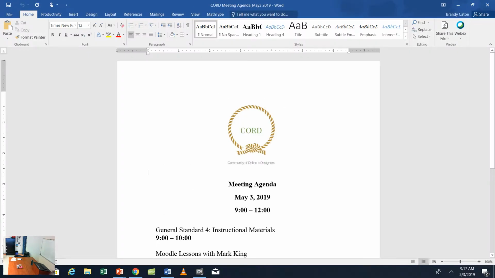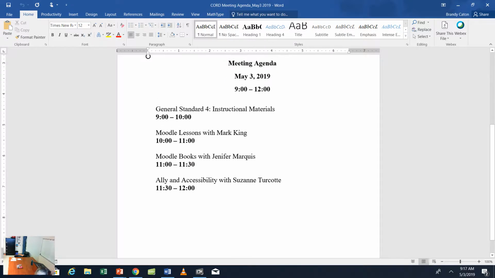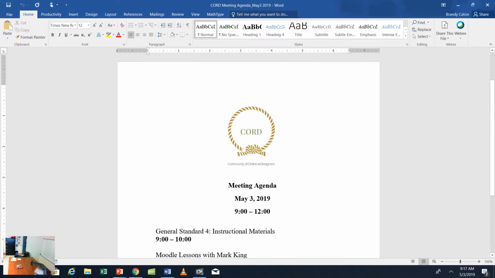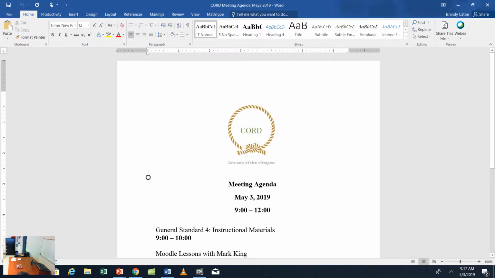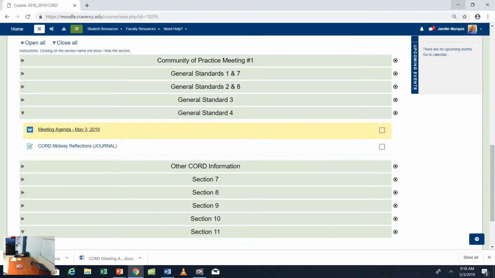Then I'm going to show you how to do Moodle books, which is another way you can present information rather than just a PowerPoint or something like that. And then Suzanne's going to come in and talk about Ally, which is finally enabled and working. Hallelujah! I've enabled it in all of your classes. I haven't enabled it for everybody yet, but it is in the core courses and in my courses. We're going to start there because I don't want to give it to everyone until they have some training. So we'll have a little bit of training today so you can see how to use it in case that's something you want to work on over the summer.